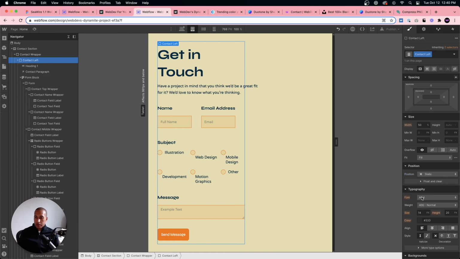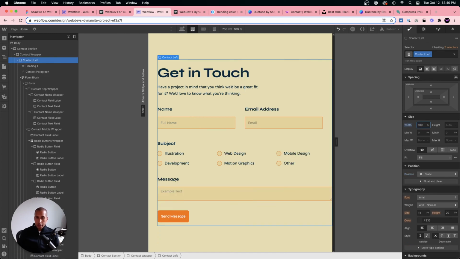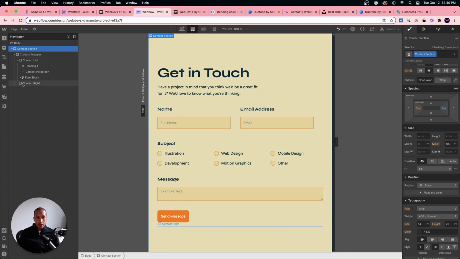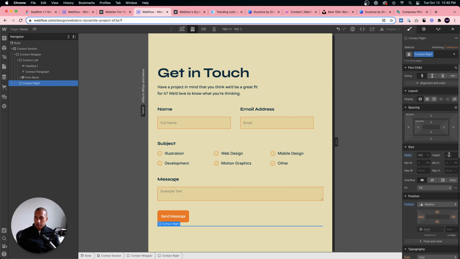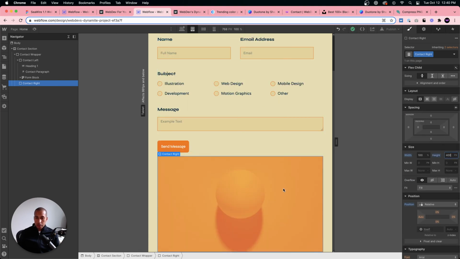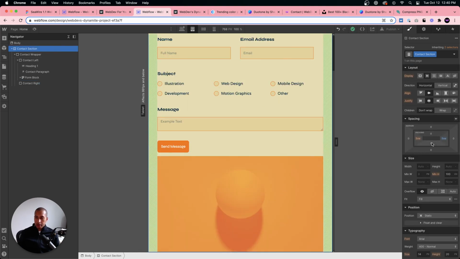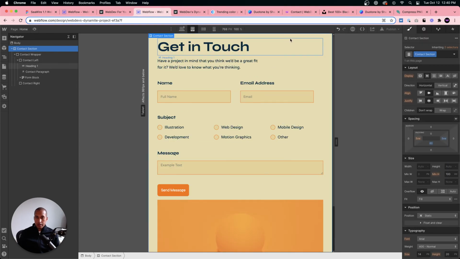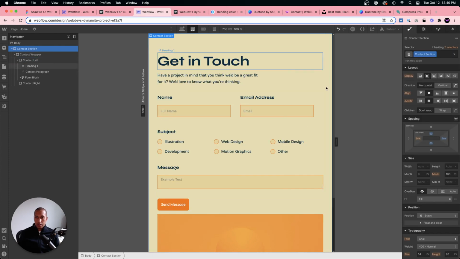We'll set it to 100% instead of 50. And then we'll add 5 VW on tablet from the right. And then for the contact right, let's add about 400 pixels of height to the image. And then we'll add some padding of like 60 from the bottom for the tablet. And let's add some padding from the top here of 60. Maybe 40.